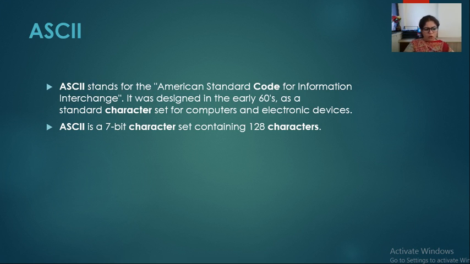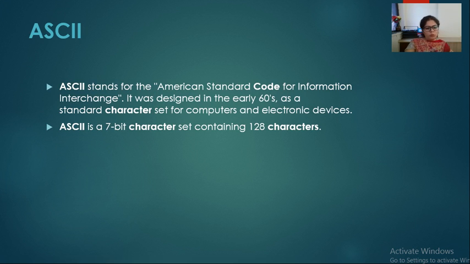So what was the drawback of BCD code? The drawback of BCD code was we can make only 16 combinations in BCD code, and we have to represent every number with 4 bits. So after BCD code, ASCII code was developed to overcome the disadvantage of BCD code. So in ASCII code, we can represent every number with 7-bit code. 7-bit code means 2 raised to power 7, and 2 raised to power 7 is equal to 128 combinations. So in this code we can make 128 combinations.